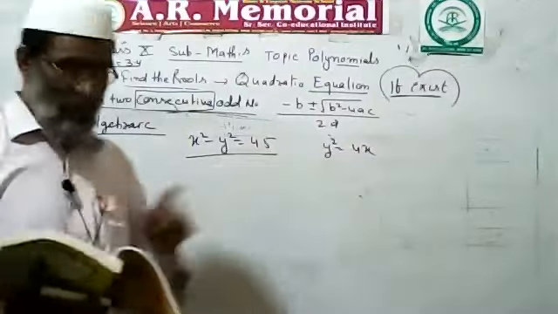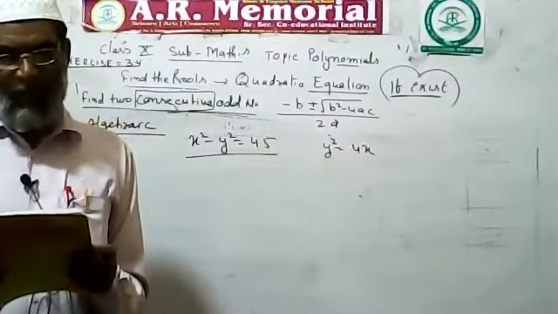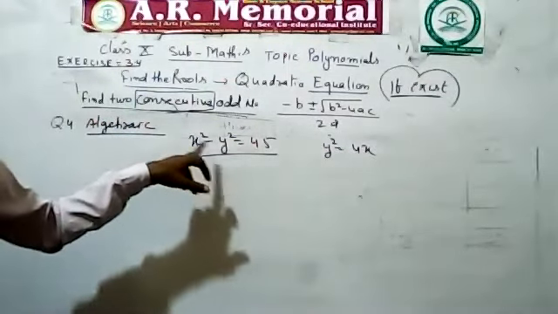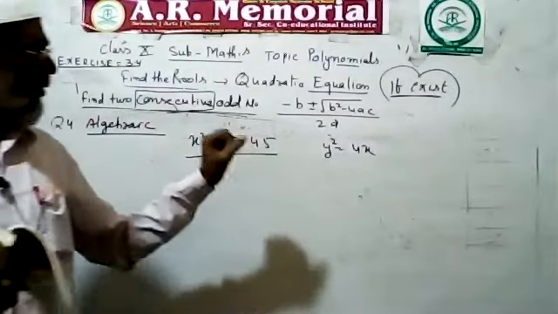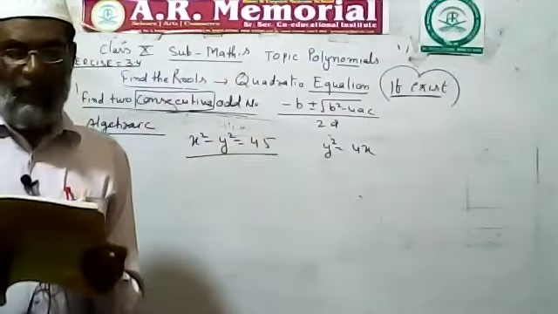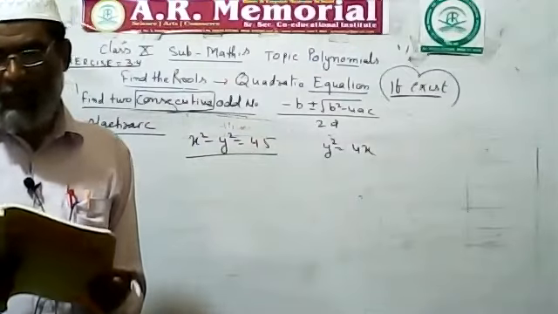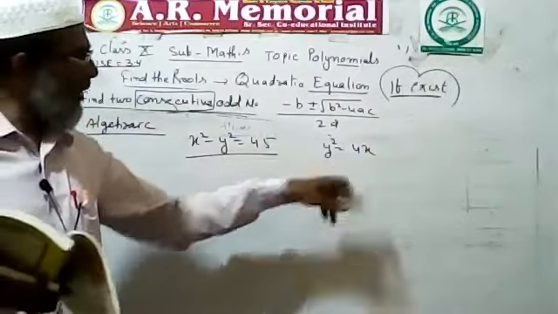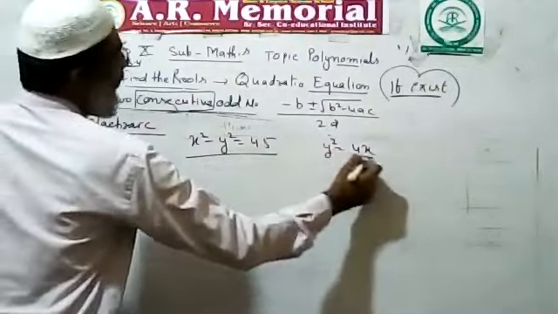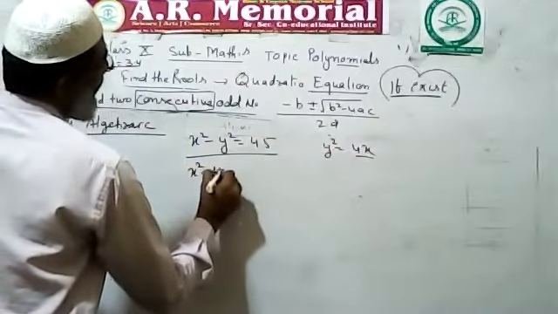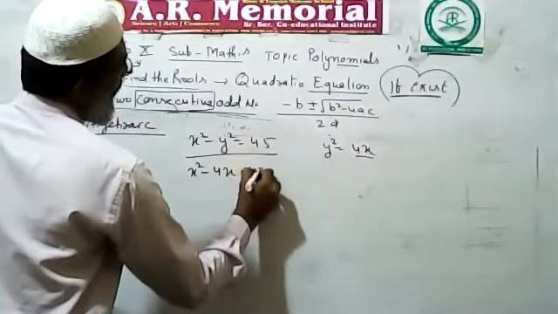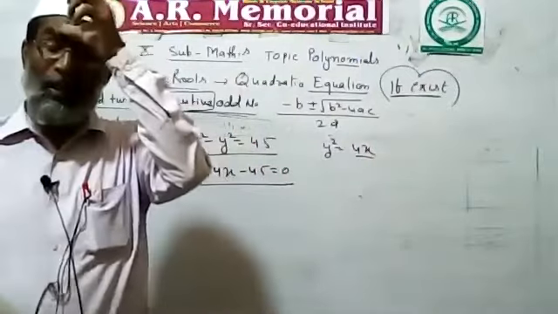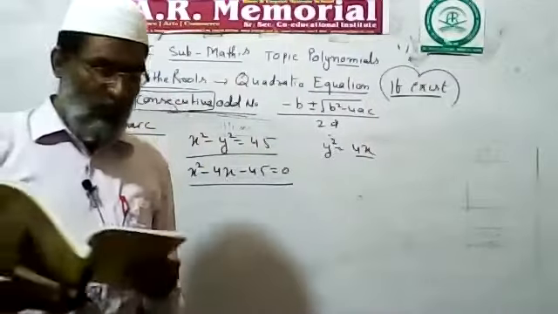Sir, how did you get that? I am also reading this. The difference of squares of 2 numbers is 45. Here the difference, one number is x square. No, x or y, both squared. Here I got 45. Second clue: the square of the smaller number is 4 times the larger. Y is the smaller. So y square is replaced by 4x. X square minus 4x minus 45 is equal to 0. Now what can you do? Put in the formula and find out the values.